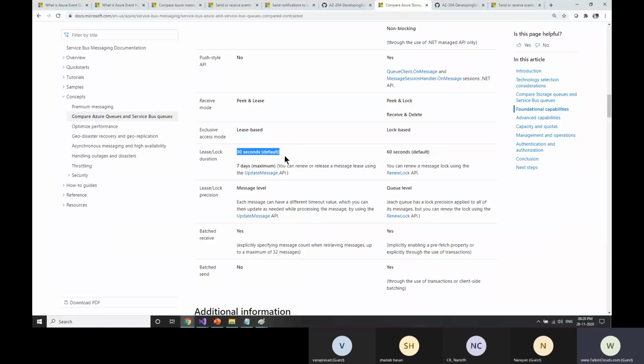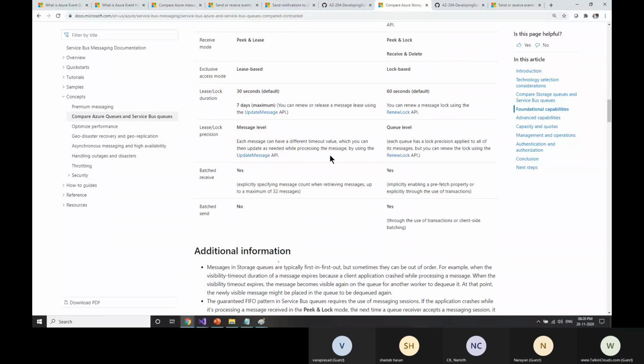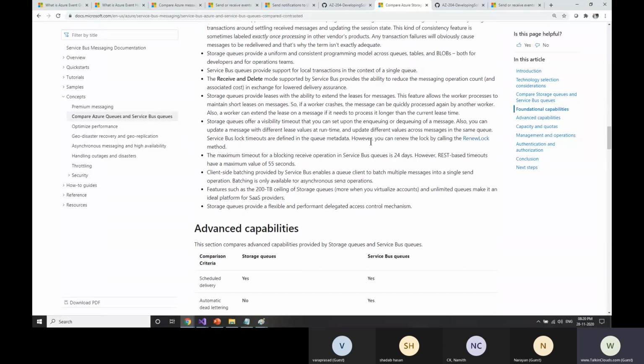Once the lock period is completed, the message becomes available again for other applications. If you are not able to process it in the specified time, you can ask to extend the lease, for example if processing takes 1 or 2 minutes, so you will have extra time. So these are the basic differences.